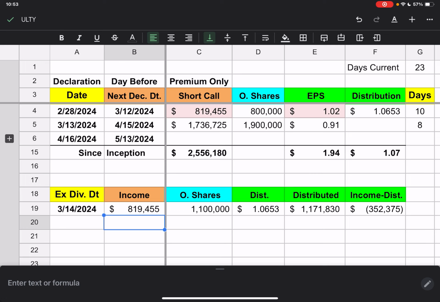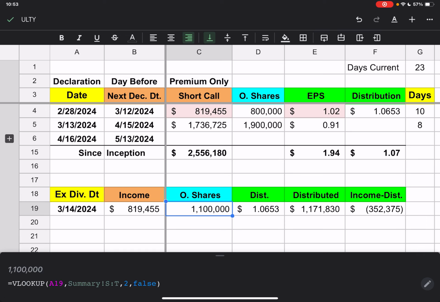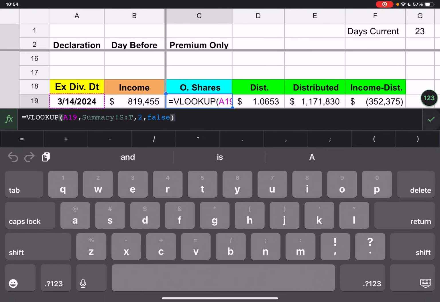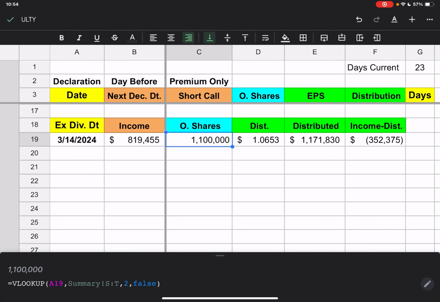But at the end of ex-dividend date, our outstanding shares was, I'm just trying to make sure that actually is not right. Well, it could be the right number, but that formula is wrong because I had to go change something earlier. So let me just look at it on my sheet real quick, I have my computer here, so